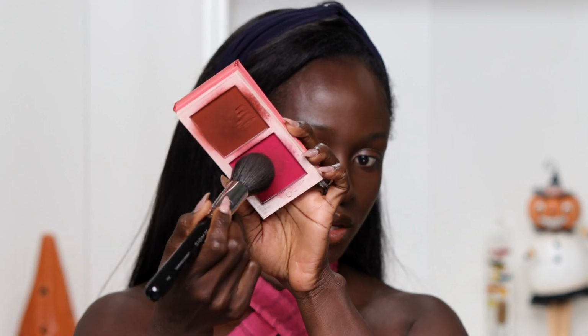I'll take a little bit of that deep shade as well and run it over the parts of my face that I put the bronzer contour situation. As you can see, it warms it up a little bit. I just like what the face looks like with a little bit of added warmth to my temples or my forehead compared to having nothing there at all. It's very slight, so I'm gonna go into the bottom one and add a little bit more pink,